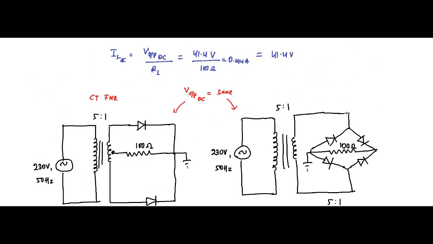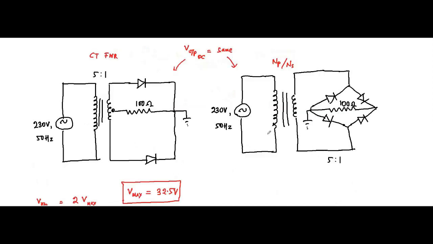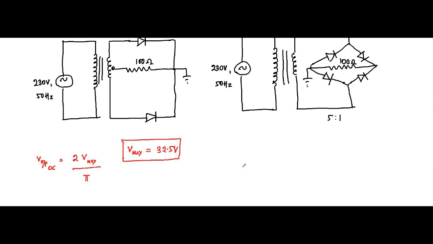So here we have to manipulate the turns ratio. Okay, we have to manipulate the turns ratio, NP by NS, primary winding to the secondary winding. So how can we do that? Now we know that for this bridge type rectifier circuit, this RMS value,